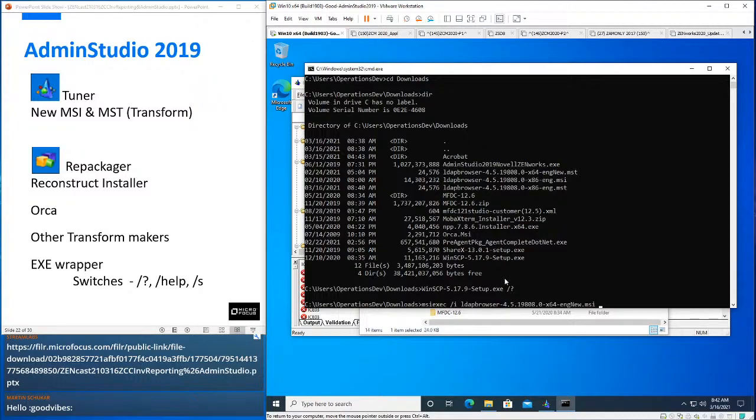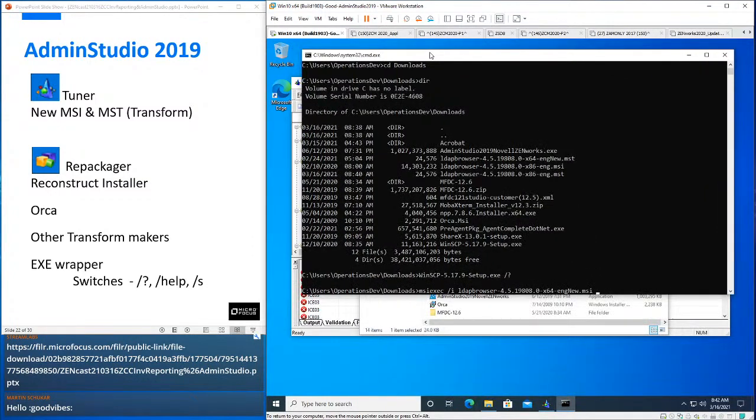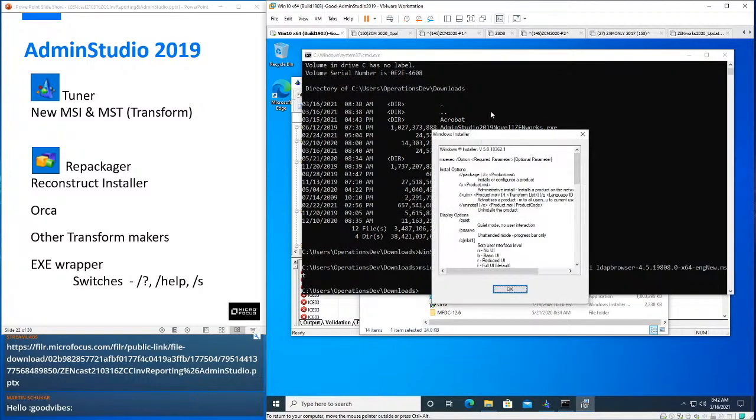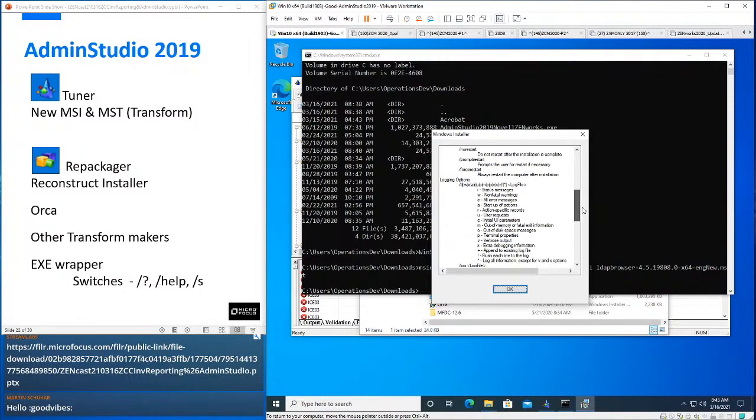The switch for MSTs. I forgot what the switch was for the MST. LDAP. If you know, chat, give me a holler out. I don't think I can just string them together. There we go. All right, so there's the /i. We can do /q, but we can also do